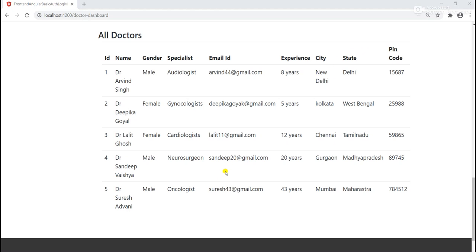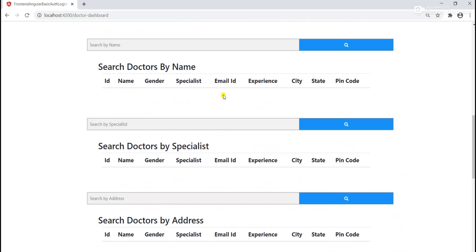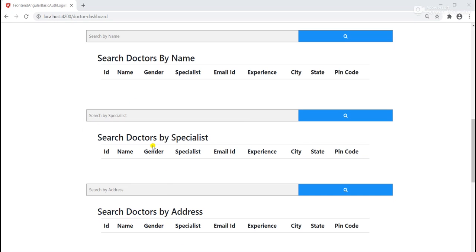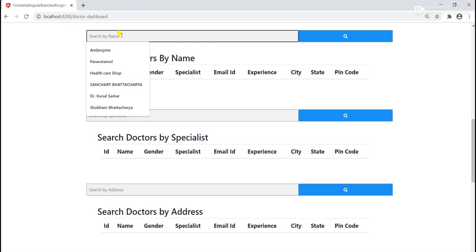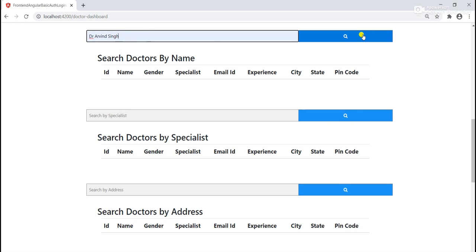Now, if there are 1,000 or more doctors available in our database, and a user wants to search for a doctor by name or by specialist, then we have some options: search doctor by name, search doctor by specialist, and search doctor by address. First we search the doctor by name. Suppose I search for the doctor Orbin Singh, and when we click search,